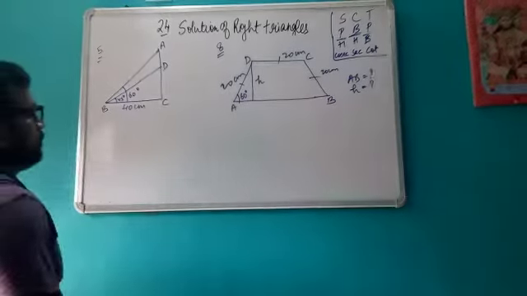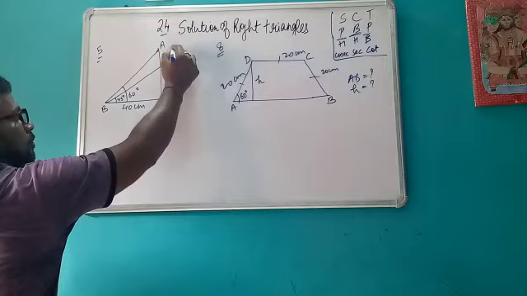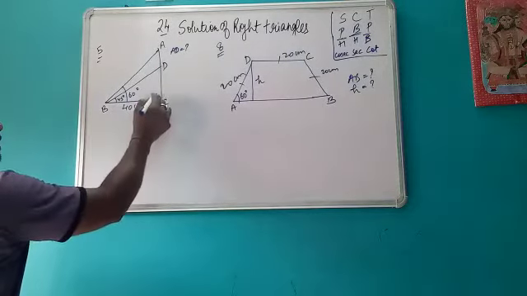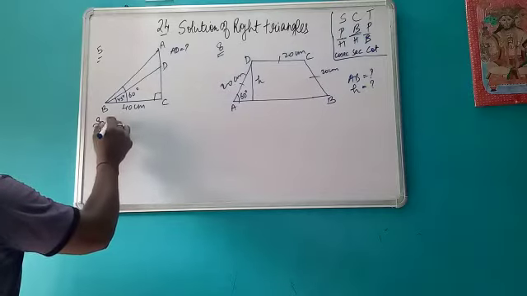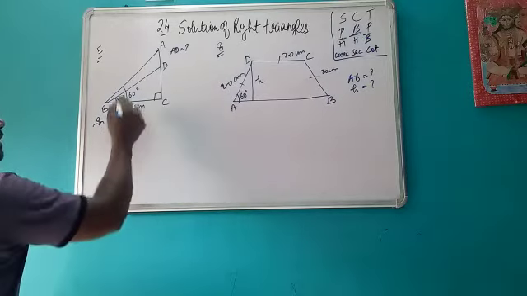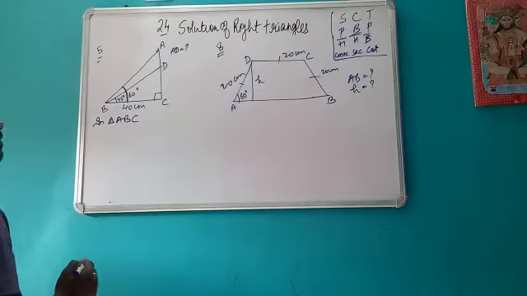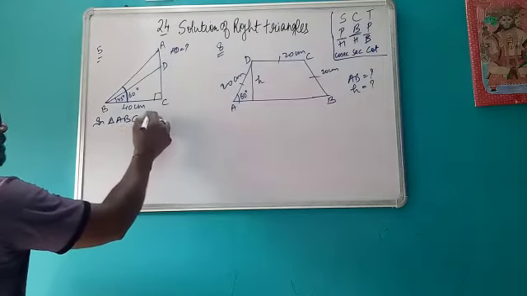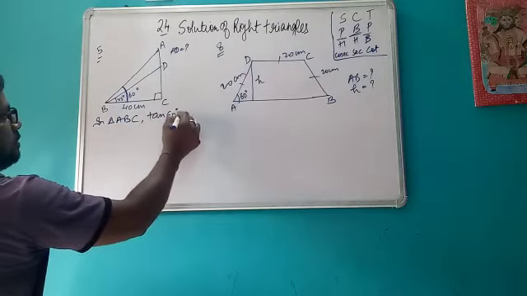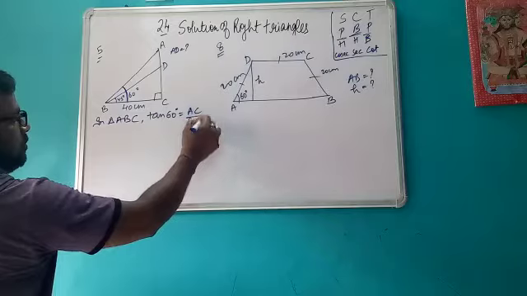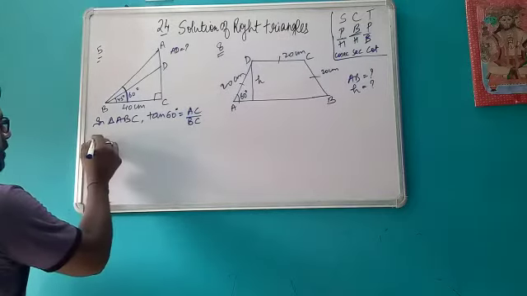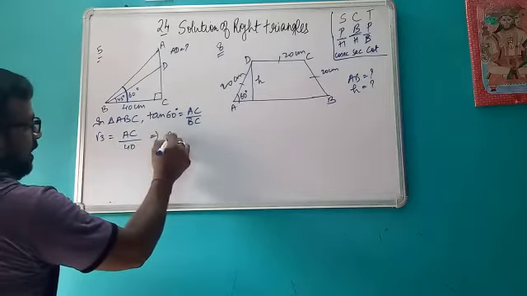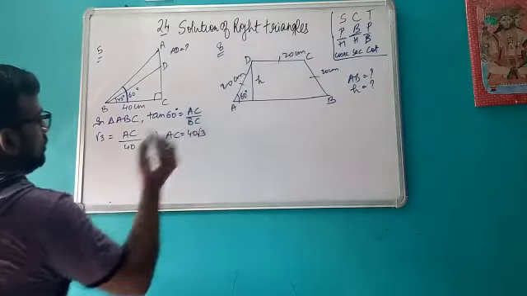Okay, let's discuss one more question. Again, in this we have to find the value of AD. If you see carefully, in this we have two right angle triangles. In one triangle, in triangle ABC, this is 60 degree, and this is perpendicular AC, and this is base, so I will use tan of 60 degree is equals to AC upon BC. So from here it is root 3 AC, and what is BC? 40. So I will get AC is equals to 40 root 3.